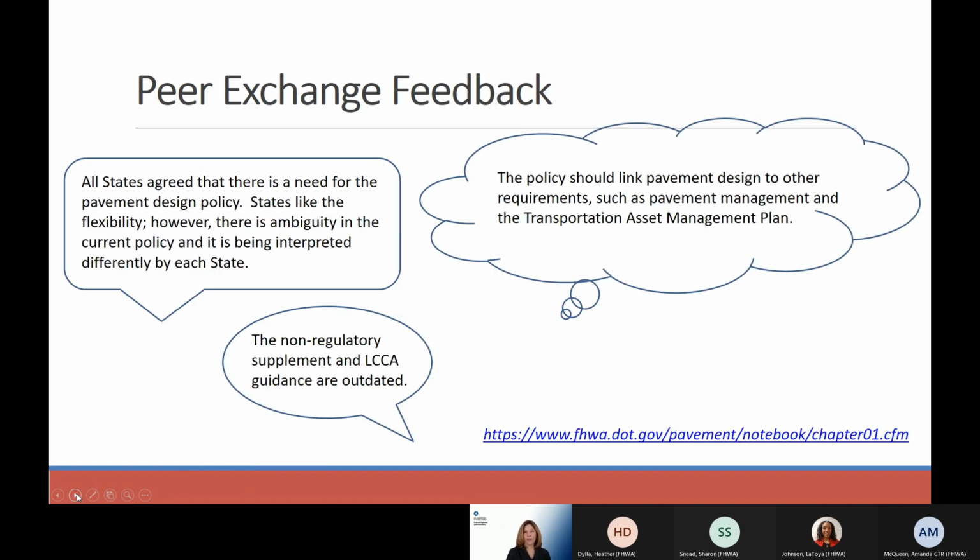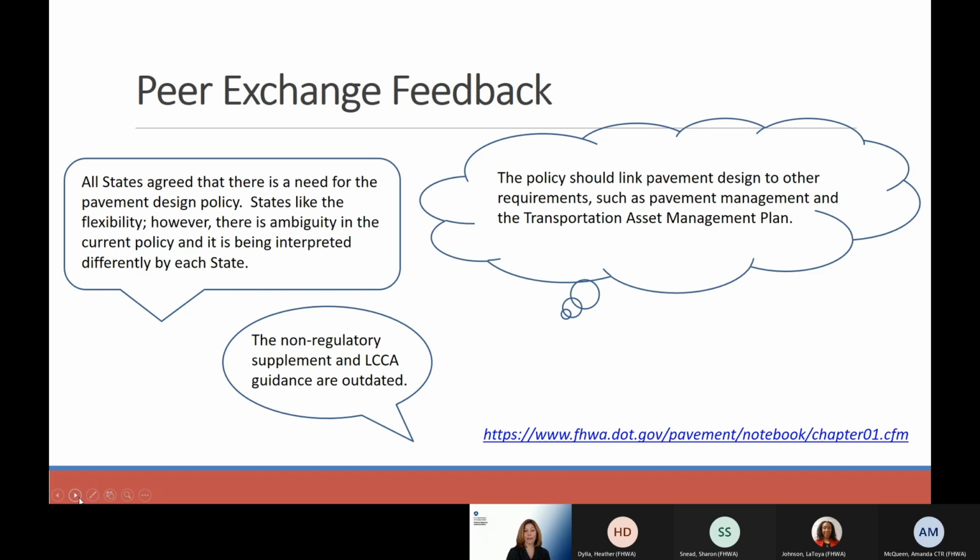So in general, some of the feedback we received from our peer exchange. First of all, states agreed that there is a need for the pavement design policy. States liked the flexibility that's in the current policy. However, they do recognize that there is ambiguity in the policy and that it is being interpreted differently by each state.